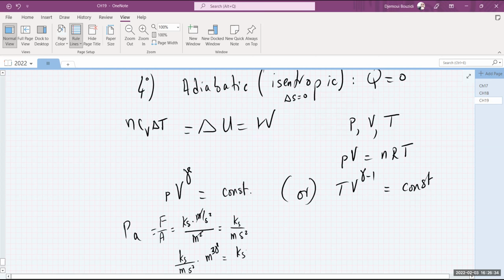So I can write this one as a kilogram meter to the power 3 gamma minus 1, the whole thing, 3 gamma minus 1 because I have it in the denominator, divided by second squared. So this is the units of this constant. The units of this guy is completely different. So this is a Kelvin times again a cubic meter to the power gamma minus 1. So this constant is a Kelvin meter to the power 3 gamma minus 3. So this is a completely different constant, has completely different units. So they are not the same constant.